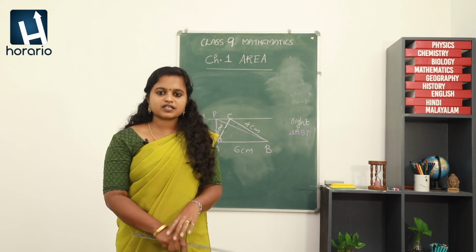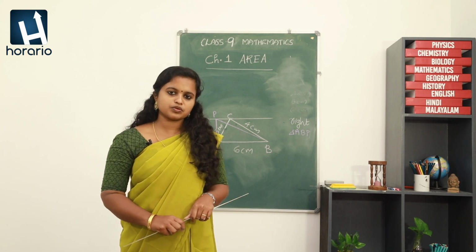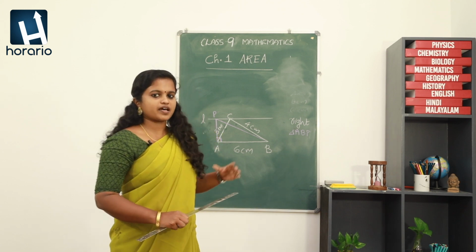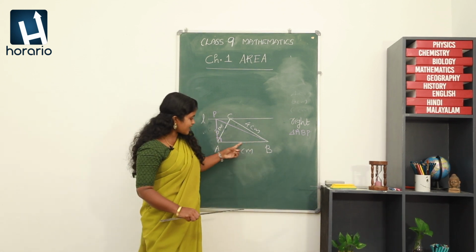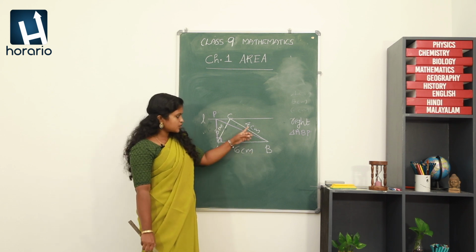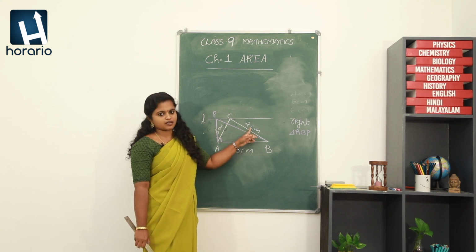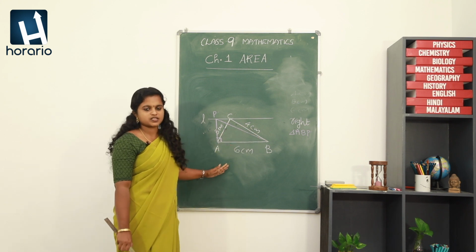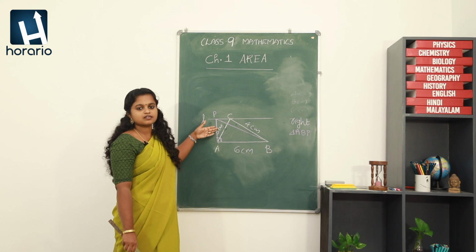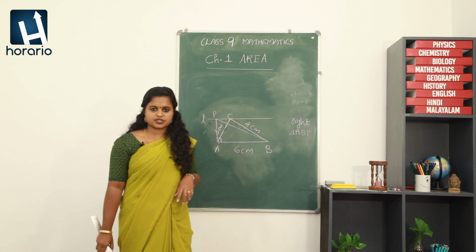That you can do, but can you tell me how it is possible? Can you draw two more such triangles? Yes, we can change the base. Here we have chosen the base as 6 centimeter. Instead of the 6 centimeter as base, you can draw the base as 4 centimeter and you can do the same procedures. So you will be getting one more triangle. If you repeat the same process with the 3 centimeter, you will be getting one more triangle, right?